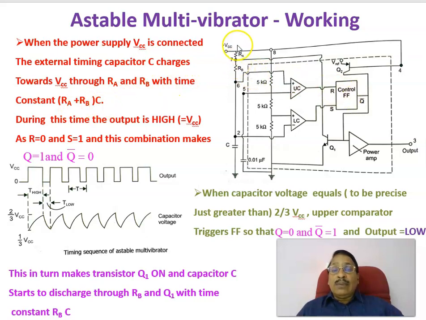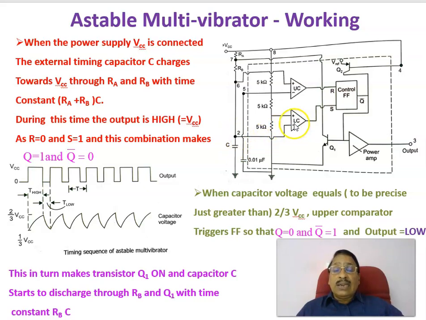Therefore, when a supply voltage VCC is connected, this capacitor is getting charged through RA and RB with a time constant of RA plus RB into C. Therefore, the capacitor is getting charged through this path. And as you see, if this voltage is just crossing 1 by 3 VCC,